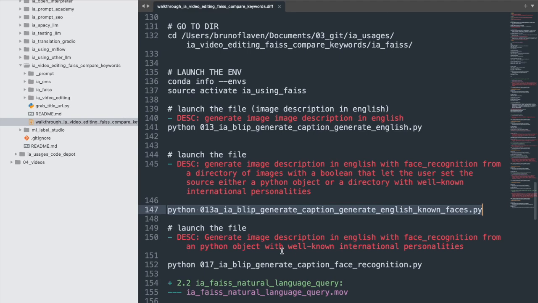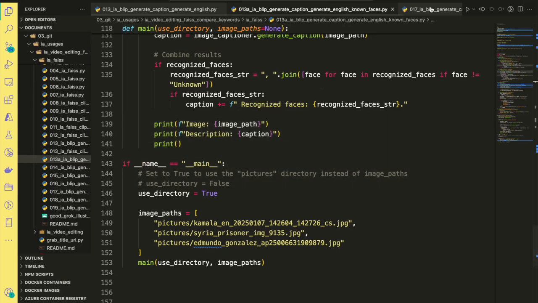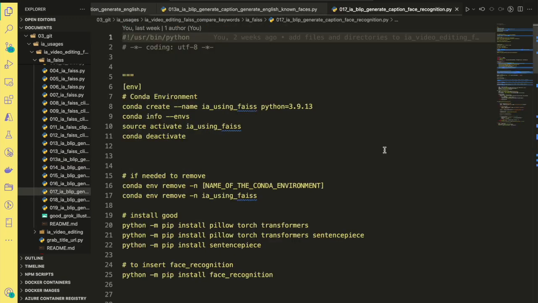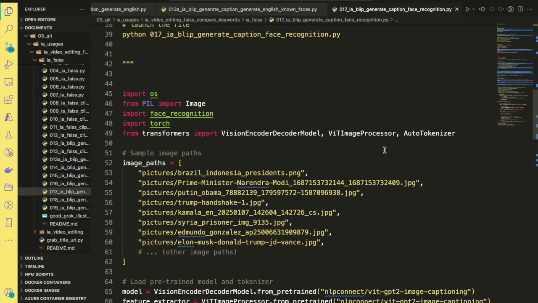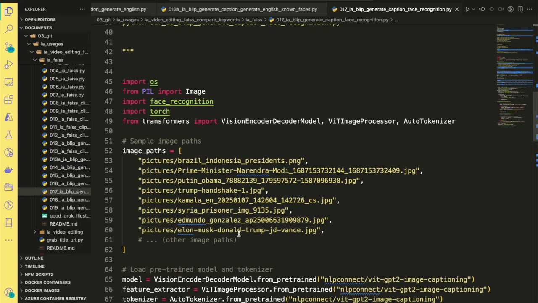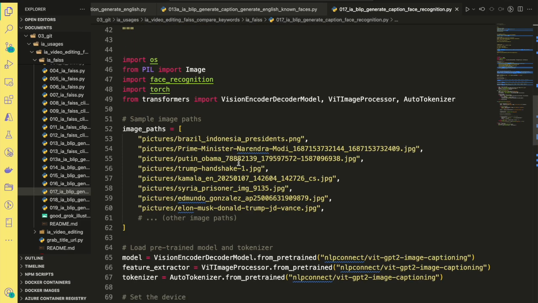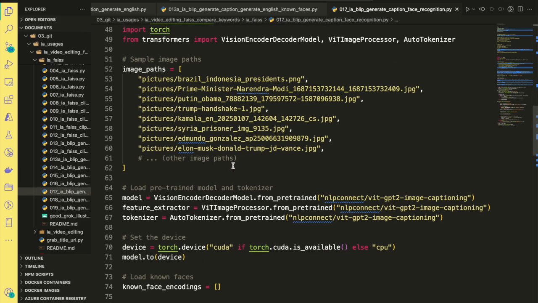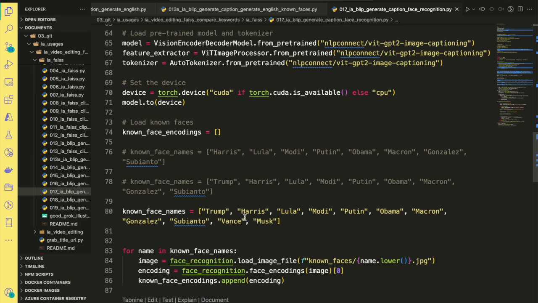And the other side is you can leverage on pictures, but also you can leverage on text, which is what I've defined in this script. This is the 17. You have this one, so you still have a certain amount. I did not put the directory this time, but whatever, it doesn't matter. So I've intentionally selected people where you have somebody, and then I have defined their name. Okay, you see Putin, Obama, Macron,